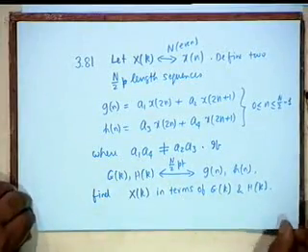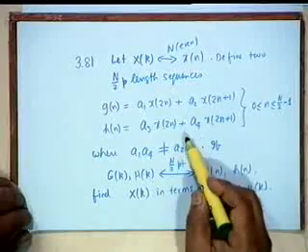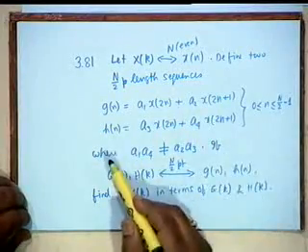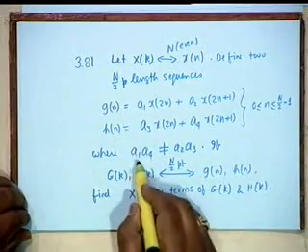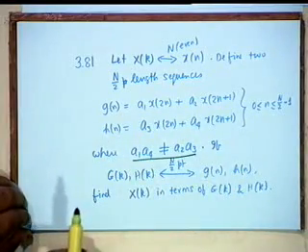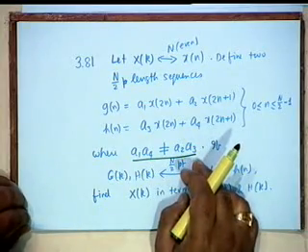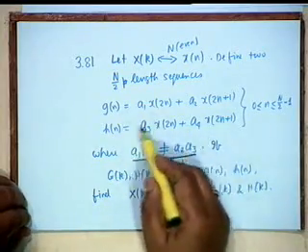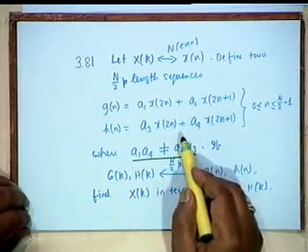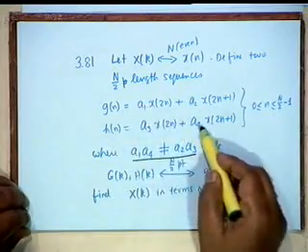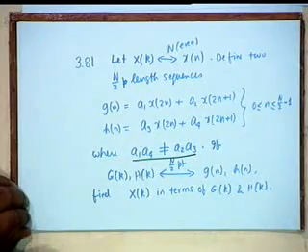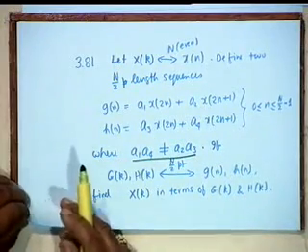That is the question. There are many ways of solving this problem. One way is, first, we express x2n and x2n plus 1 in terms of g and h, and that is where this inequality is useful. In the denominator, you see it's a set of two linear equations, so we shall have a1 a4 minus a2 a3, and that cannot be 0. If it is 0, then your solution breaks down. So we solve for them.